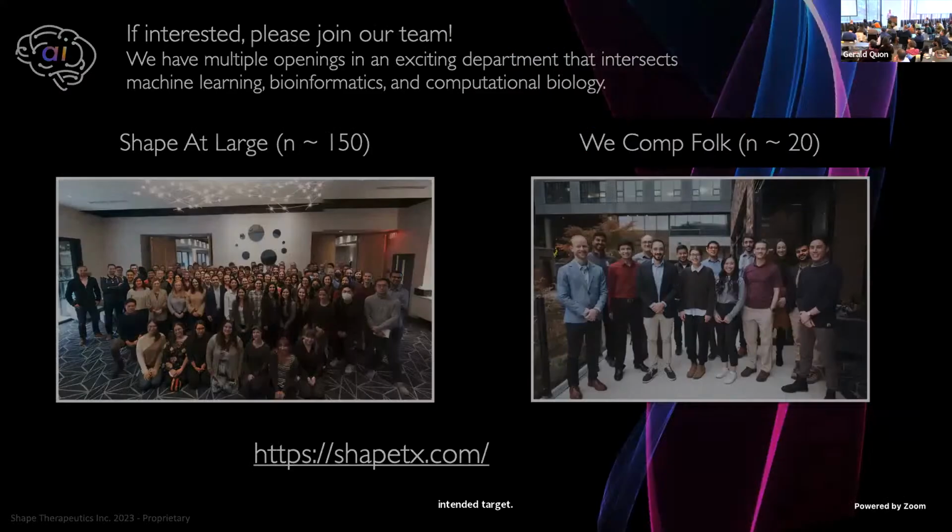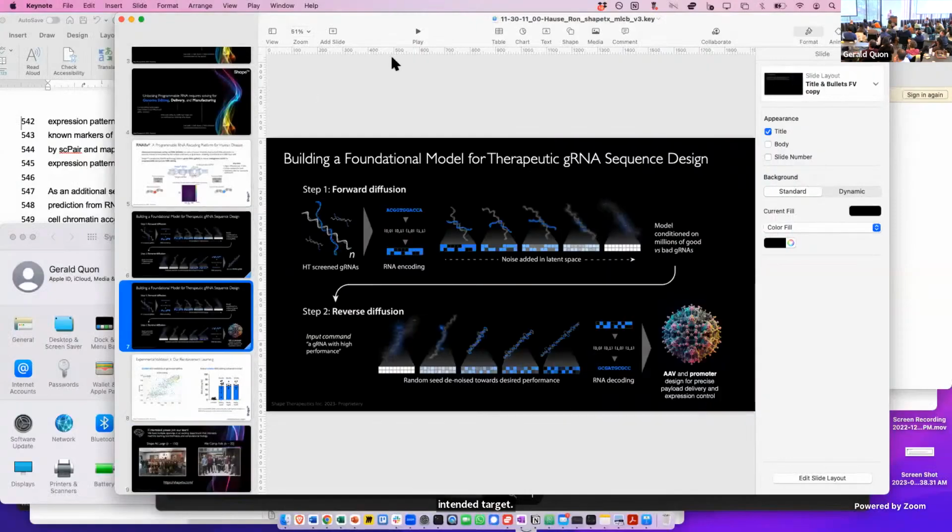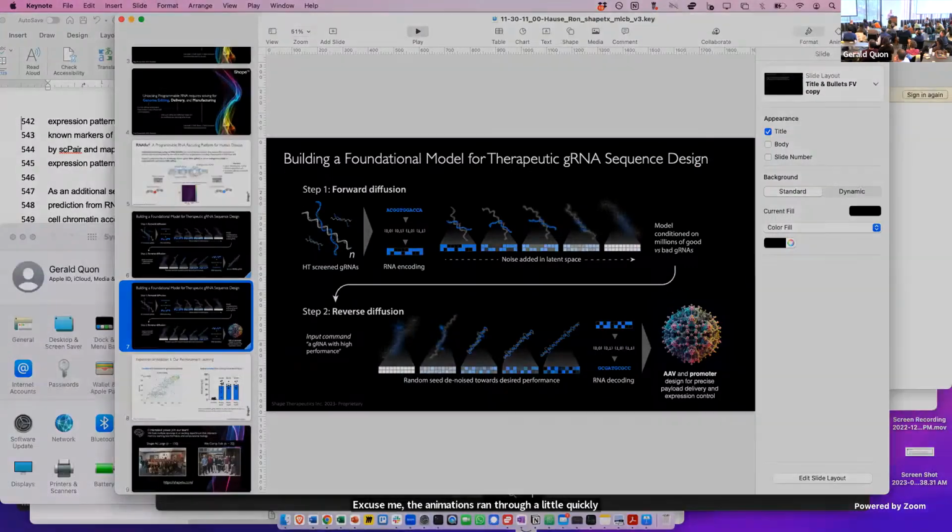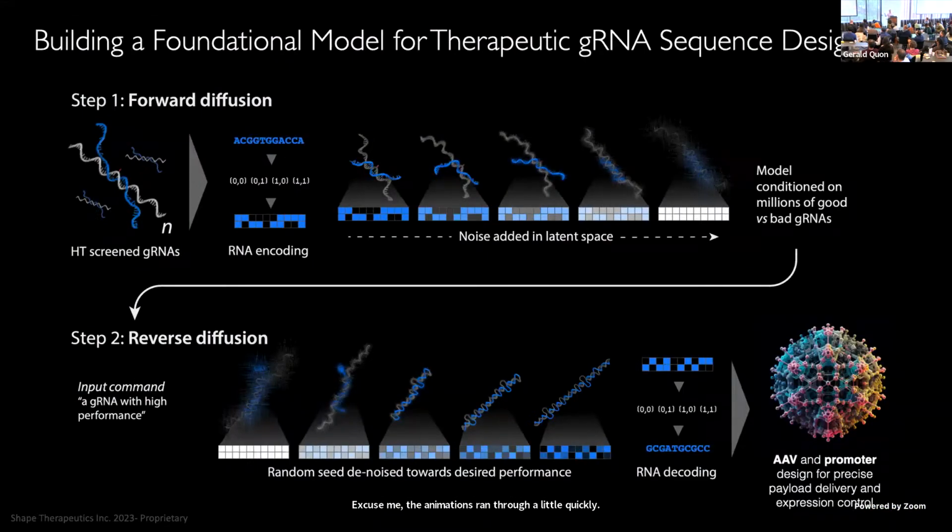And what's really neat about that, at least at Shape, the animations ran through a little quickly, is that beyond RNA data, we can do this for data that we generate on billions of viral sequences. So we do high throughput mutagenesis of billions of viruses, dose them to non-human primates, and then we can isolate different tissues that they actually functionally transduce. So you can build a generative model for a brain-specific virus or a heart-specific virus. And we do that for promoters. So we can generate a cis regulatory architecture that finally controls a genetic payload in the cells we want it to. So, three different language problems that we work on at Shape.